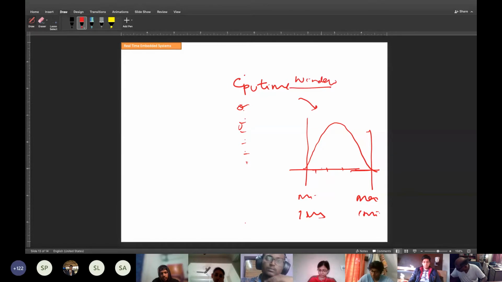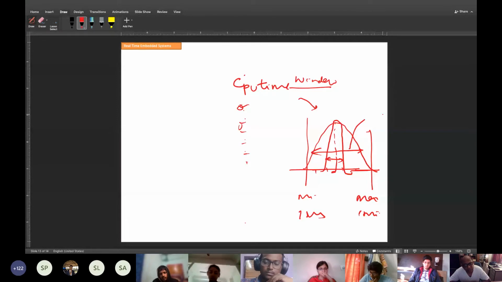And if you do it in Android, with call receiving and call forwarding, 10,000 times, it will look something like this. You can see around this mean time, this distribution is very, very small. This is very big, so that means uncertainty here is more. If you give a program, can you tell for sure that it will work in 1 millisecond? Answer is negative. I can't be sure. It can be 1 millisecond, it can be 1 second also. But with a real-time operating system, you can say for sure that it will be within 1 millisecond. So there is a hard real-time constraint.